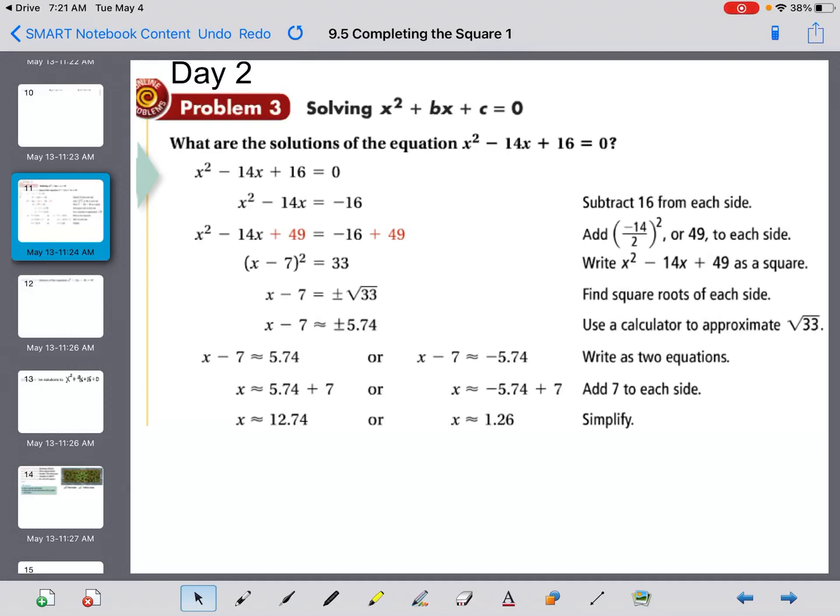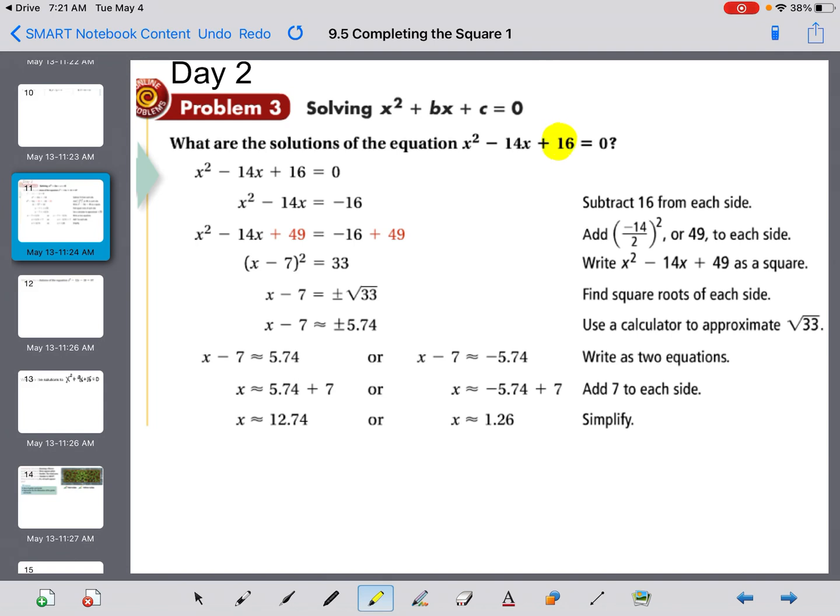Chapter 9, Section 5, about completing the square, and this is part 2. The only thing different that they're adding in today to yesterday's lesson is that now we are going to be given a c value, and our whole quadratic equation is going to be set equal to 0. The way that we need to start this so that we can use our completing the square method is that